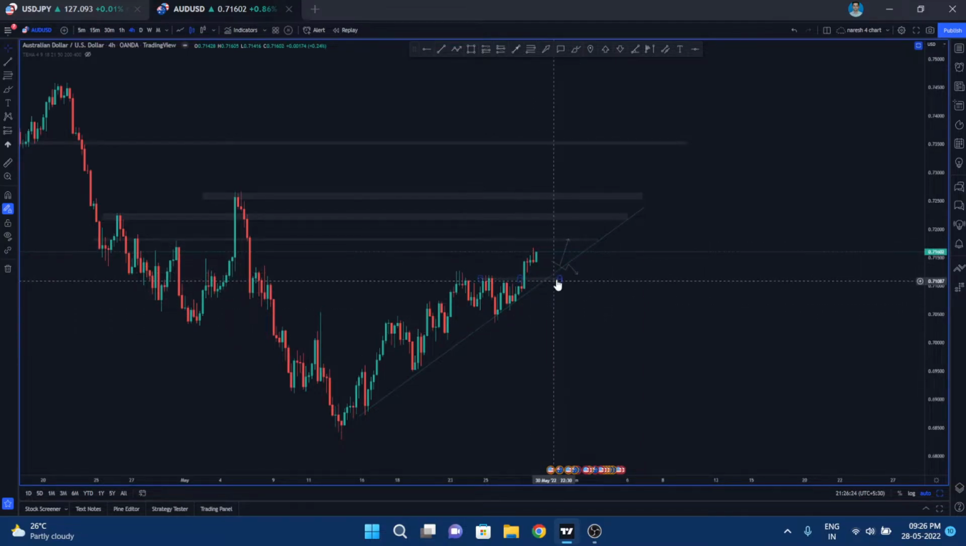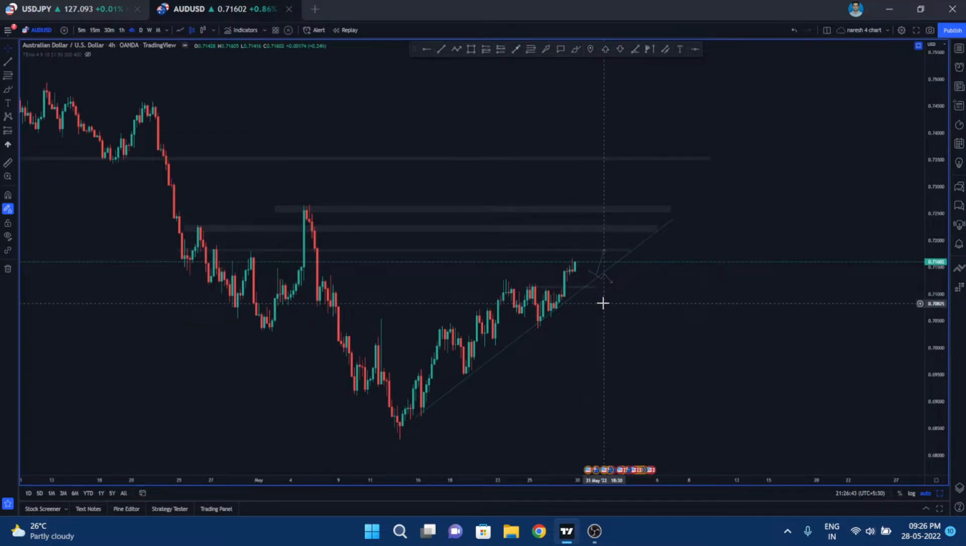So you can look for the pullback to this trend line again, and if there is an engulfing candle on the 1 hour time frame, you can look for long entries and target this area, guys. The price can even go to this level, but after coming to this level you can trail your stops and continue the trend up. Okay, so similar to DXY, you can look for long entries